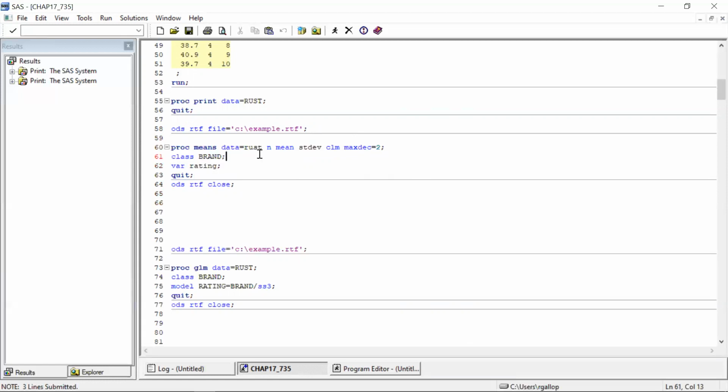So this one here is giving me basic descriptives. Basic proc means where I'm going to show the n, the mean, the standard deviation, the confidence limits for the mean, and this is going to make the output at most 2 decimals. The class statement for our categorical predictor, and then var is the Y variable. When I do this,